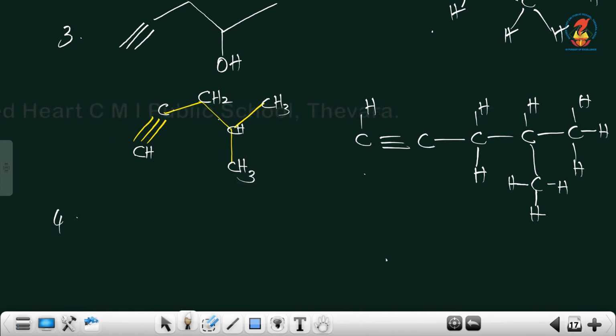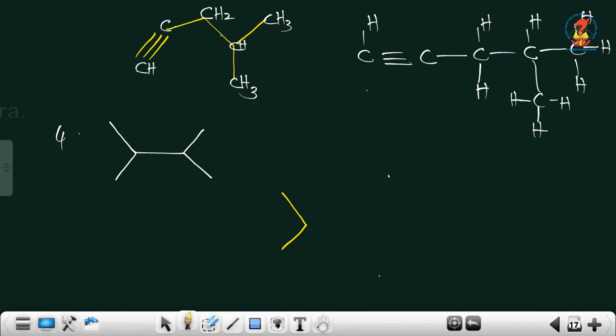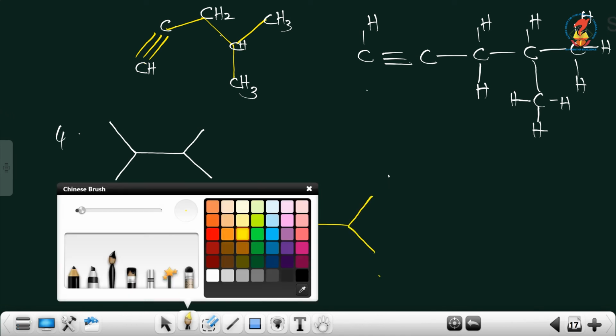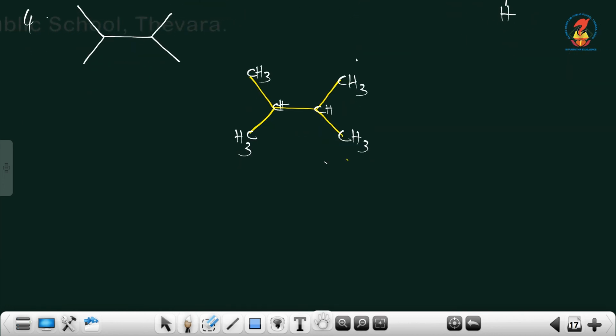Now the next one. Draw it once again. So remember, here, here, here, here, here and here we have carbon atoms. These are all terminal carbons, so definitely it will be a CH3 group, or you can check the valency and add hydrogen. About this carbon, 1, 2, 3, so only one hydrogen here. Okay, if you want to write the expanded structure, no need to write like this itself.